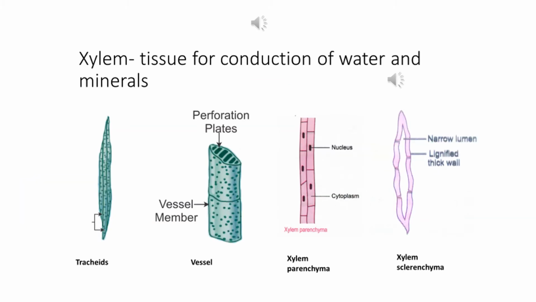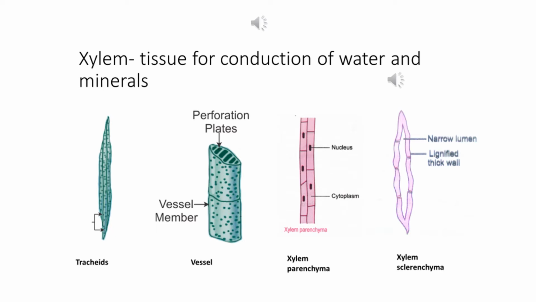Xylem tissue is the tissue responsible for conduction of water and minerals inside the plant. The older xylem tissue does not take part in conduction of water and minerals, but it forms the part of the wood in very big trees. If we cut the bark of the tree and look at the log of the tree, we can see that the xylems are deposited in the form of concentric cycles.